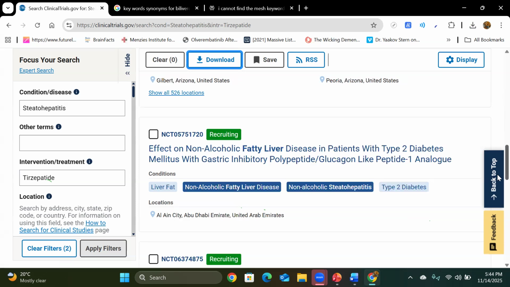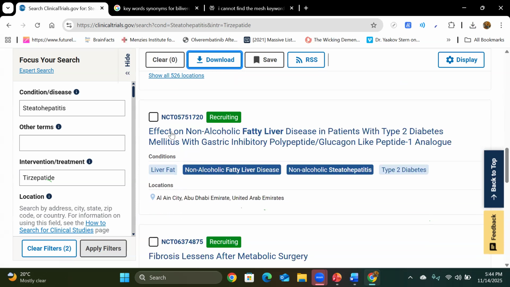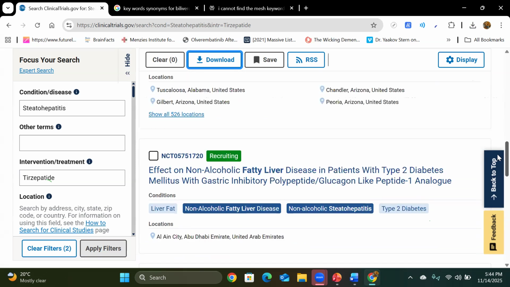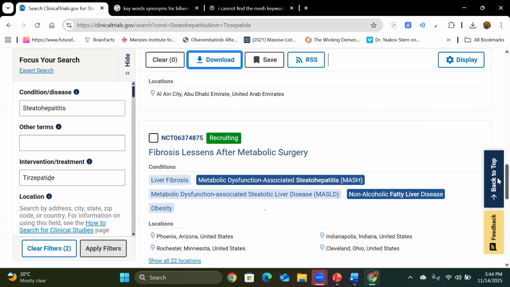Okay. Then I will go down: effect on MASH with type 2 diabetes with overall glucagon-like peptide 1 analog. This would also be excluded from my primary screening because this is concerned with glucagon-like peptide 1 analogs overall, not tirzepatide specifically. I am just concerned with those studies that consider tirzepatide and steatohepatitis, nothing more.